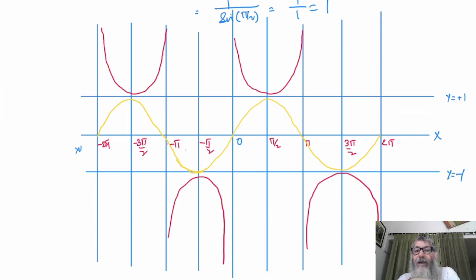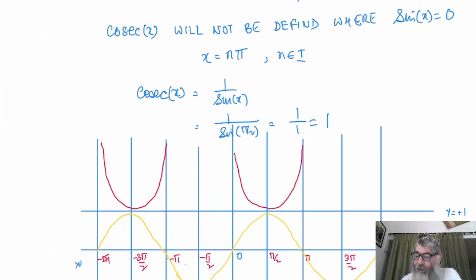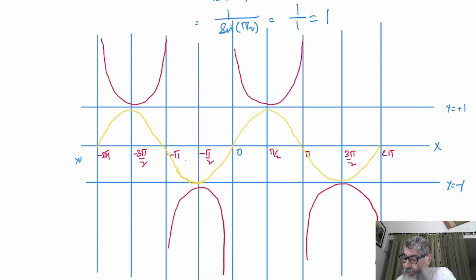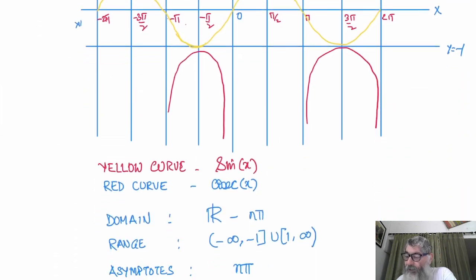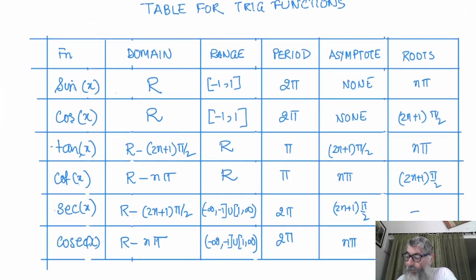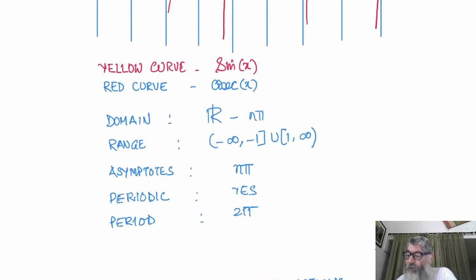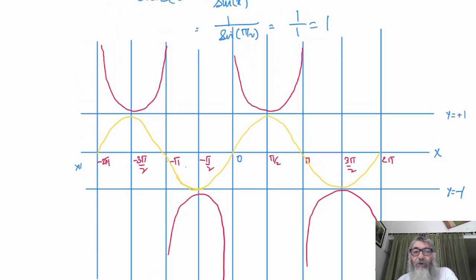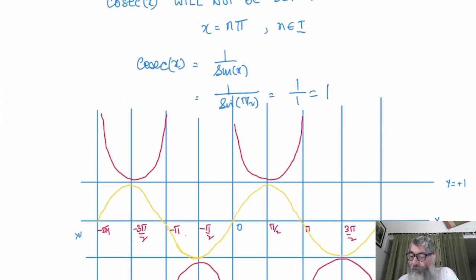So yellow is not required. You can remove that and the red graph will represent the cosec x graph. No, it is not a sin x graph. Yeah, it is sin x. The yellow curve is sin x, and we are showing it starting from 0 going to 2 pi. So it is the sin x graph. You can remove this sin x graph and you can get the cosec x graph.